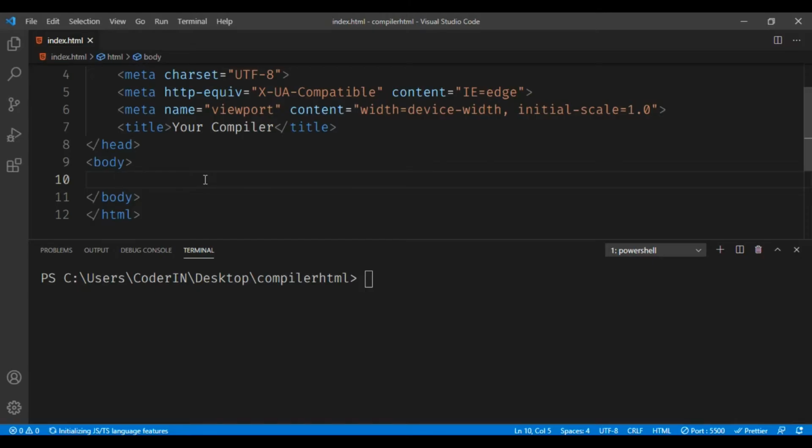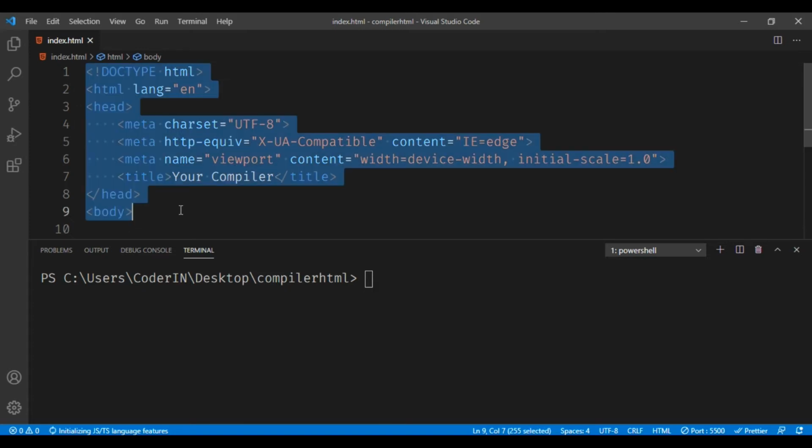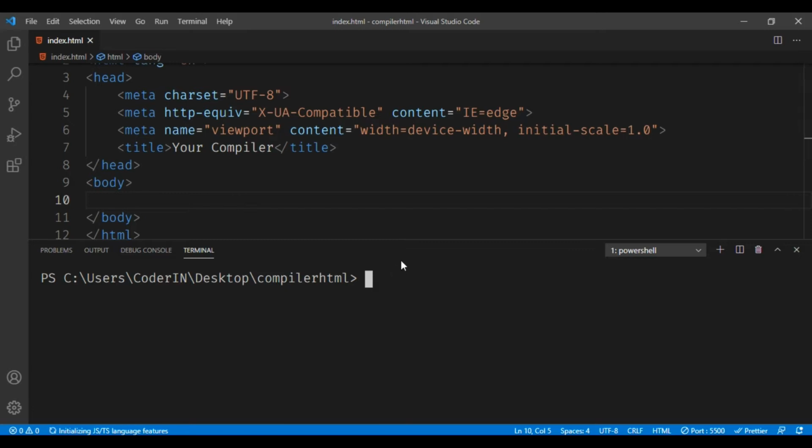Before starting with this project, you can see I've already considered a blank template, and in order to create your own compiler you must install certain libraries, and in this case I'll be using CodeMirror. It's a browser-based editor which supports Java, PHP, HTML, C++. These are the languages that are built into this compiler.